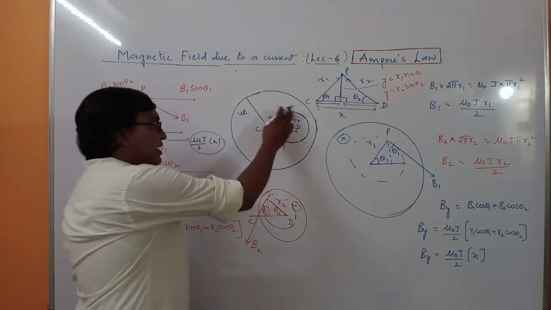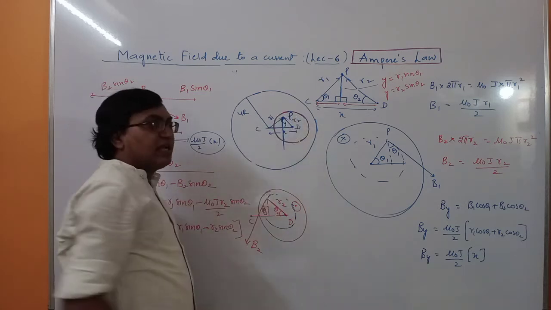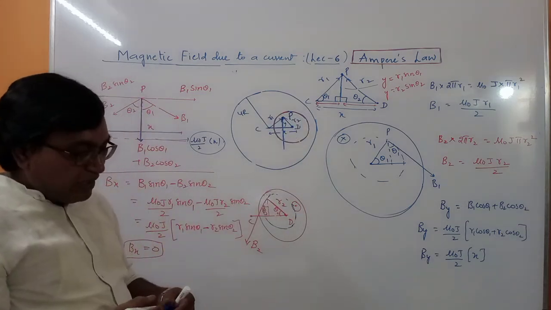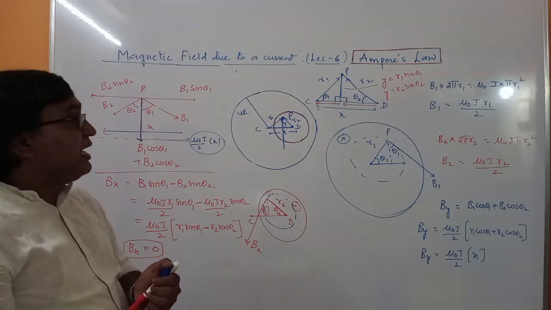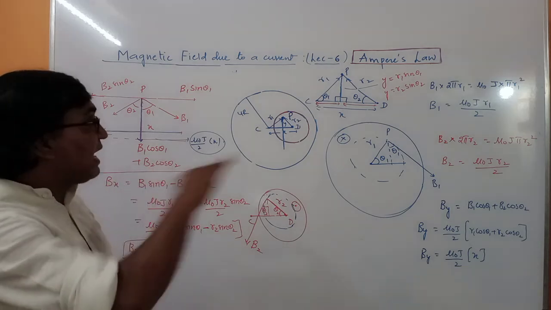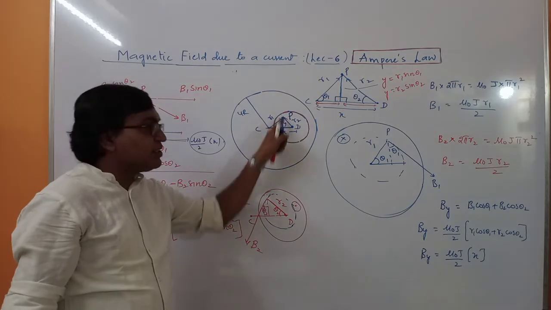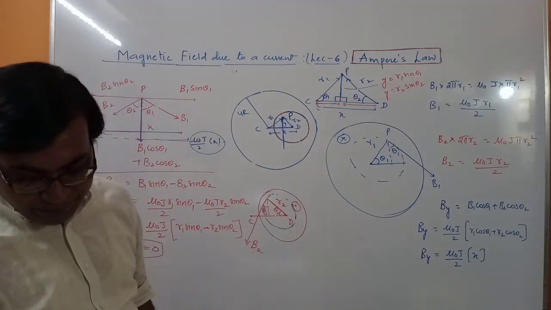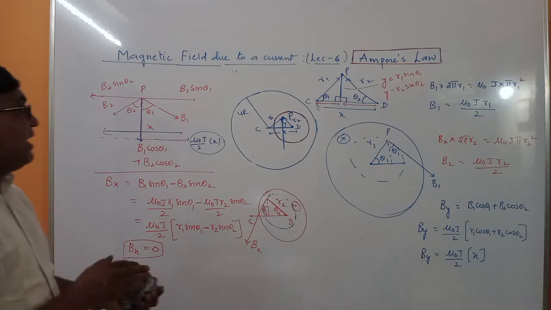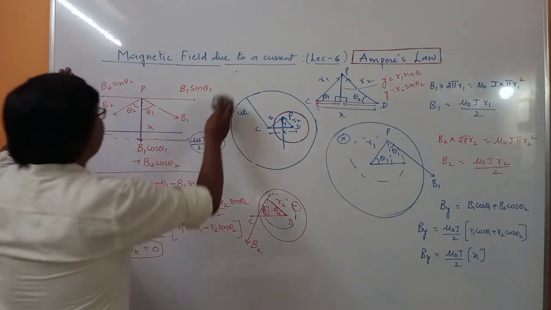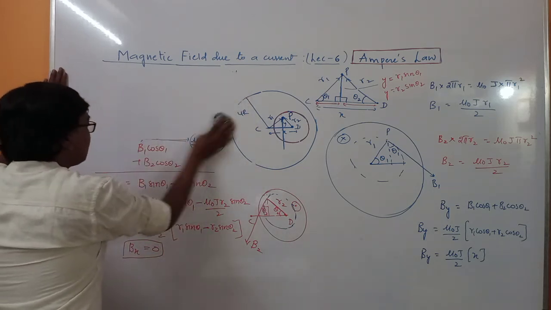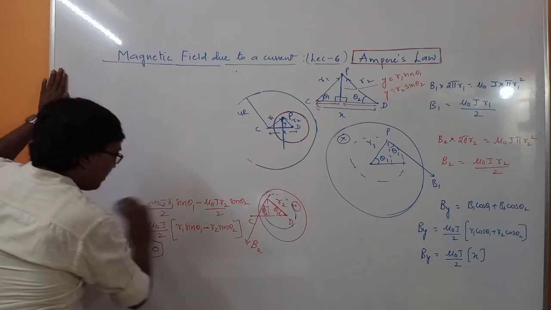So in this cavity, the magnetic field is constant. As we have seen, in a spherical charge distribution, if you have a cavity, then the electric field is constant. It is parallel to this x. Here it is perpendicular to the x. Fine? Yes. So let us have one more problem.